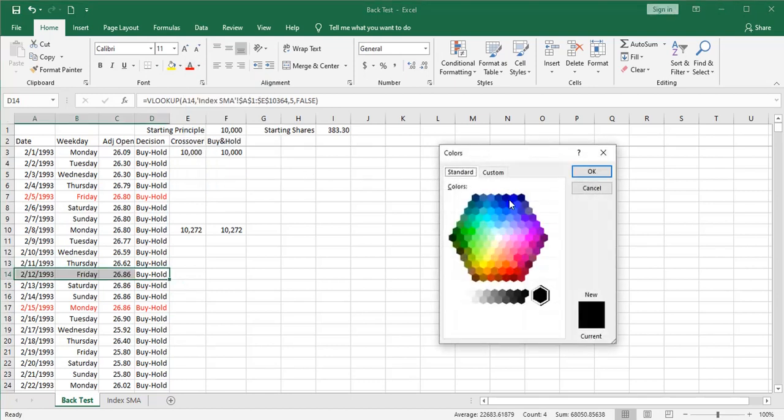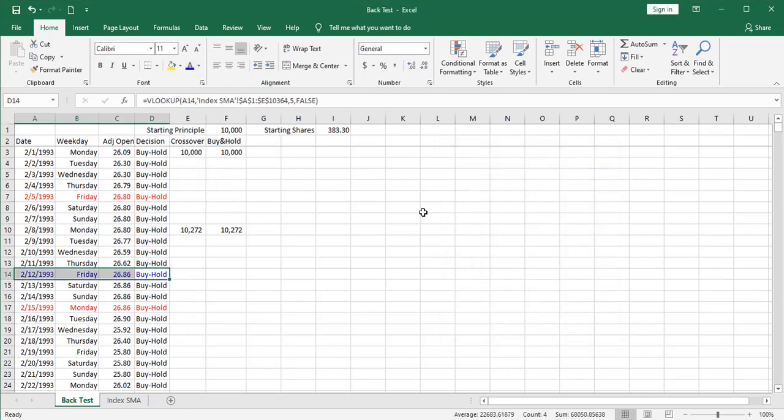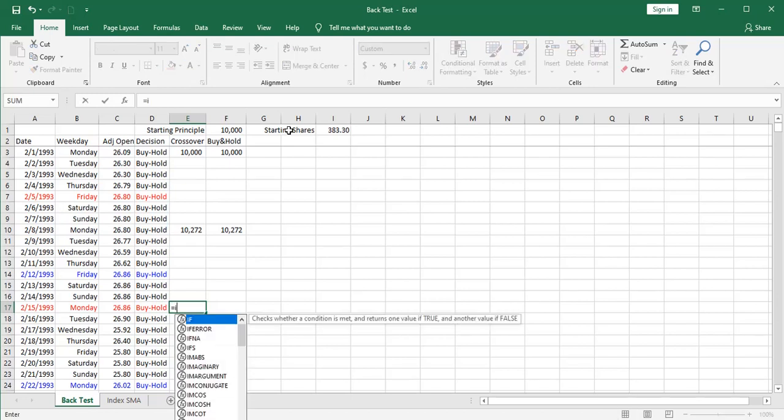I like this nice blue here. That one would actually manifest itself here. So I'm going to write a formula for Mondays that'll carry all the way down. And it's going to go like this. Equals